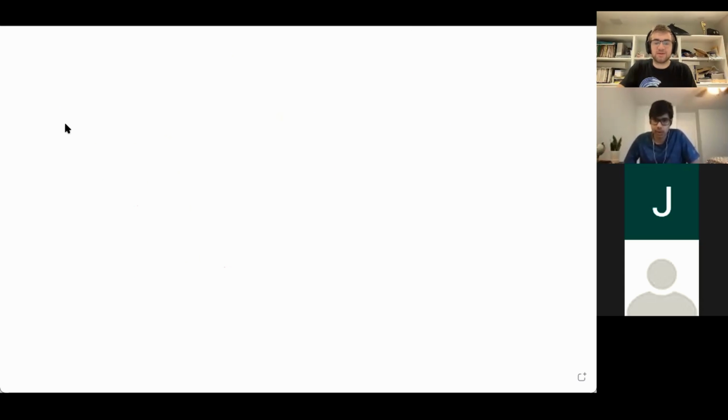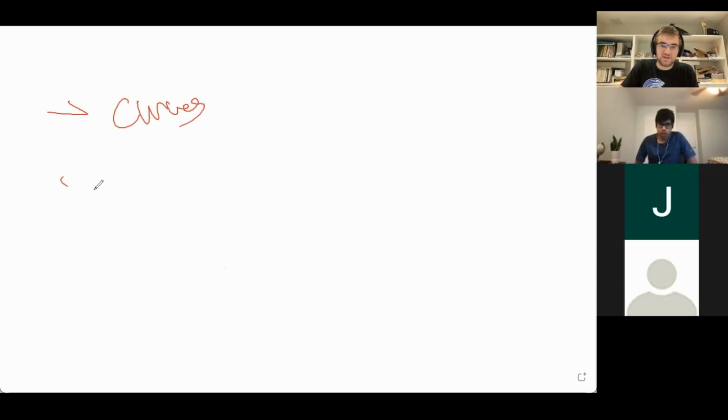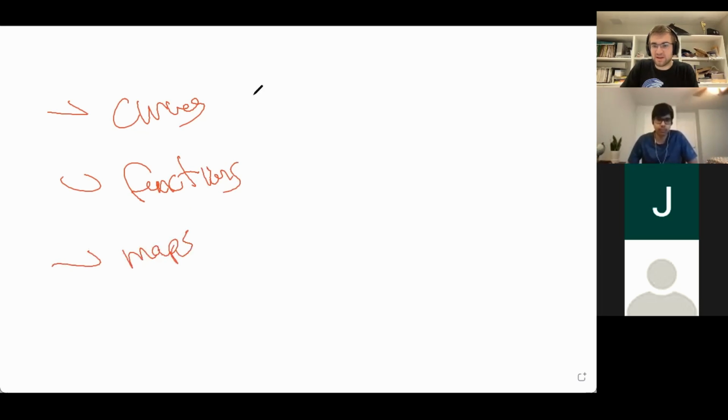Specifically, what we would care about is three things. We care about curves, functions, and maps. There's probably more, but these are the big ones. With all of these, keep in mind, this would be a differentiable curve, a differentiable function, a differentiable map. So just to give intuition for what each of these means,